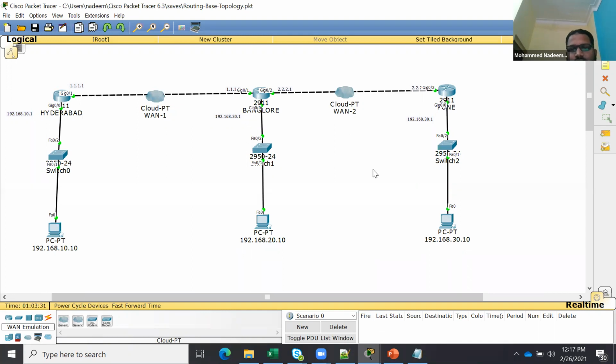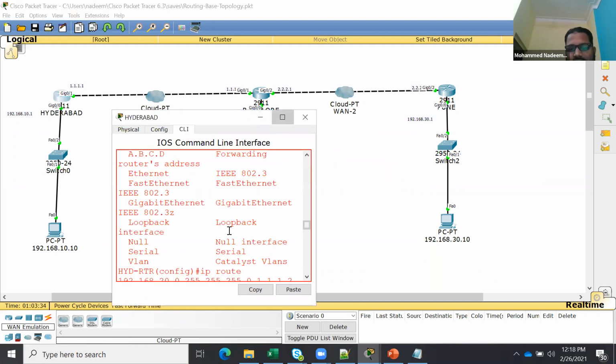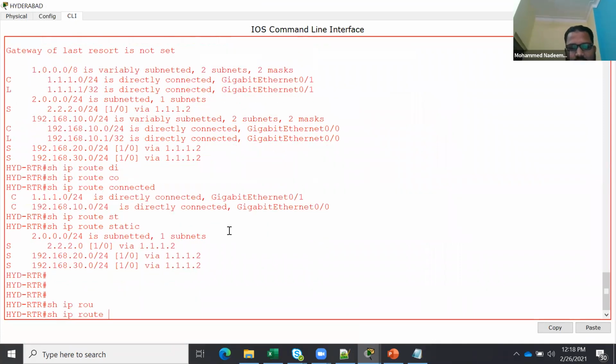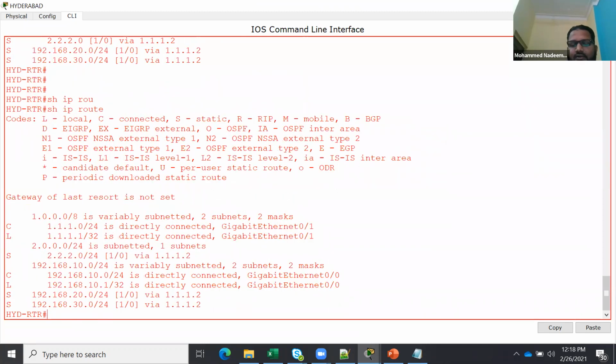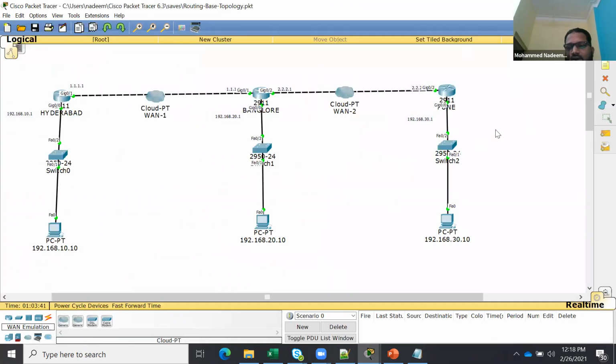Okay, so this is done. Your entire static routing is done. But what is the disadvantage here? Let's say you're adding a Chennai network. One WAN and one LAN will be added there, so you need to go and insert it in every router, adding it statically and manually. You need to define that. That is the only disadvantage of static routing.